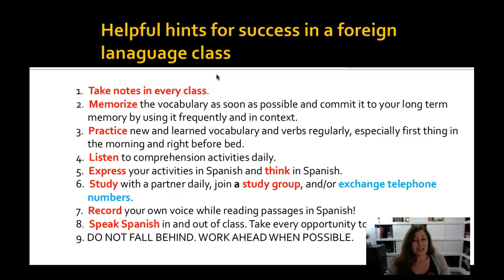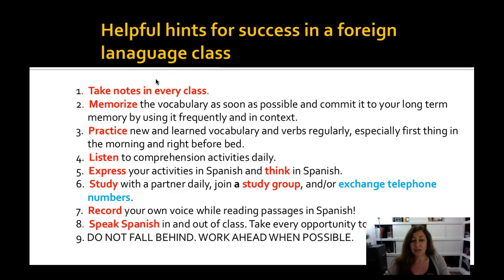Now, very interesting tidbit. Research shows, and this is not just for learning a foreign language, but for any subject, if you read information first thing in the morning when you wake up and last thing before you go to sleep, somehow it helps you retain it in your brain in a different way to get it to long-term memory. So I recommend just reading through your list, even though you feel like you're not really doing it hard. Something's happening chemically in your brain to keep that information.